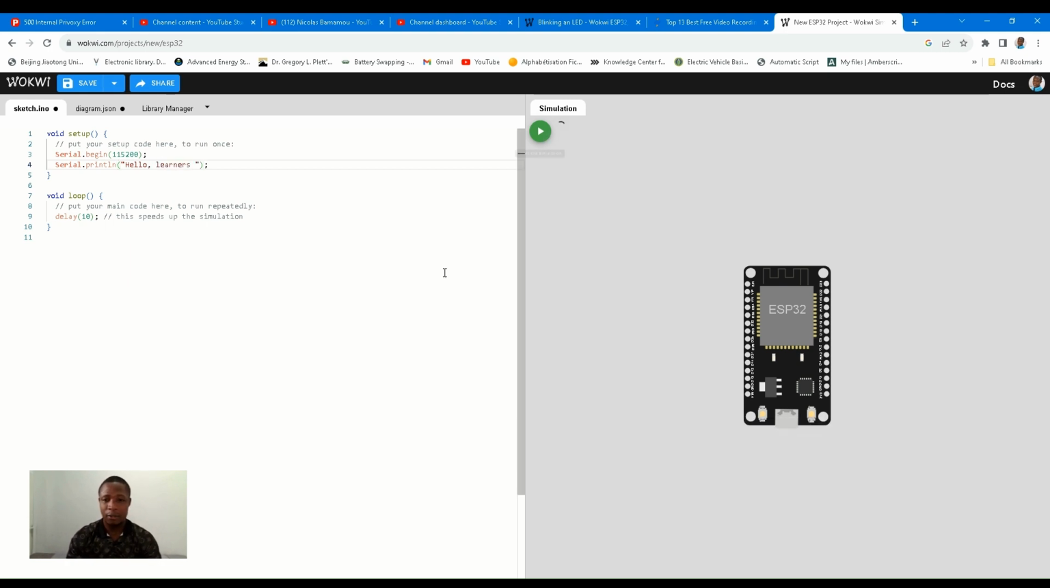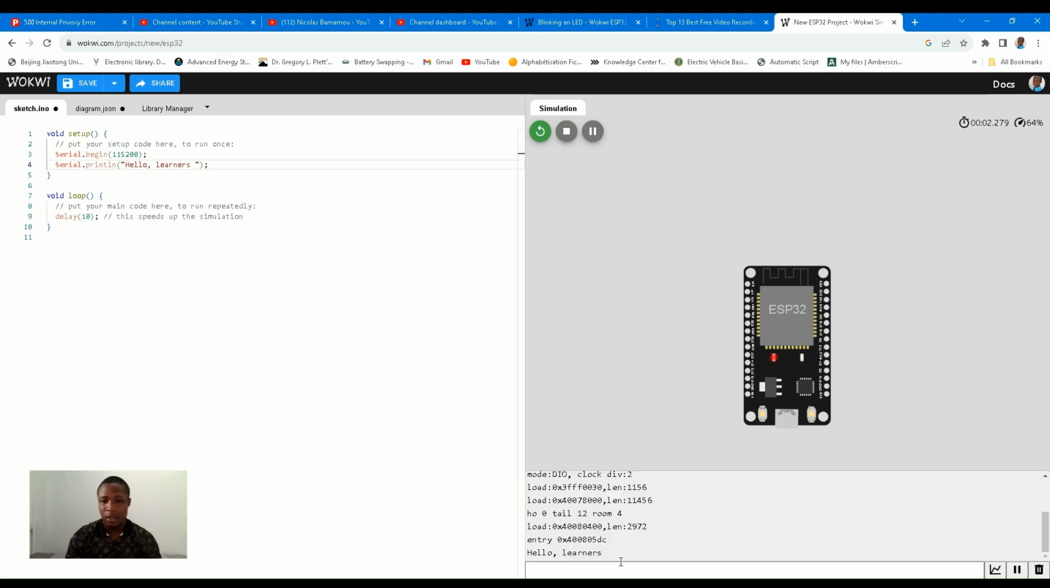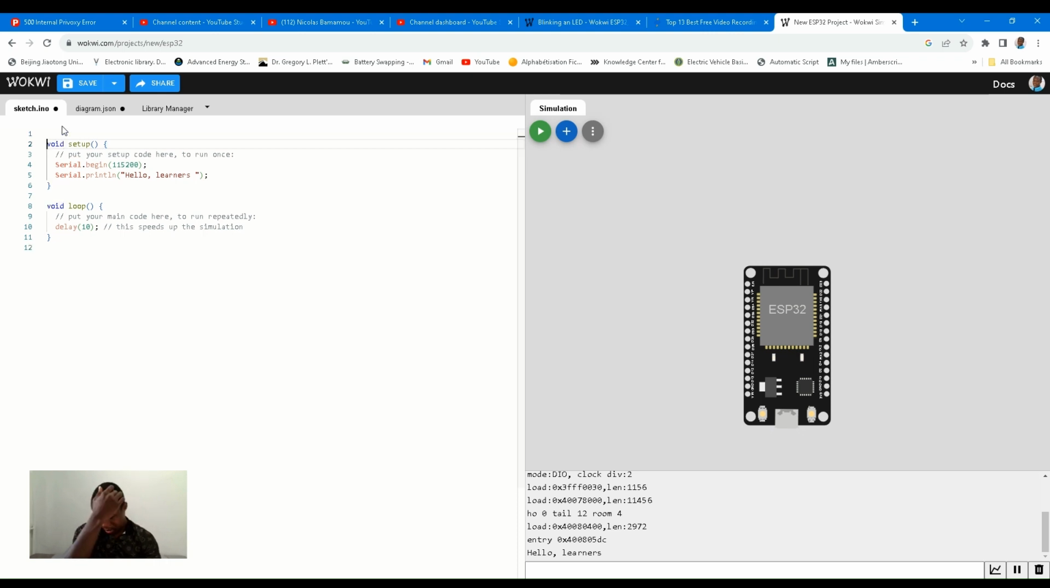So, and then run it. It's compiling. Cool. So what we'll be doing here is, as I said, for the very first time, to blink the built-in LED. If you are not familiar with Arduino code, it starts first with